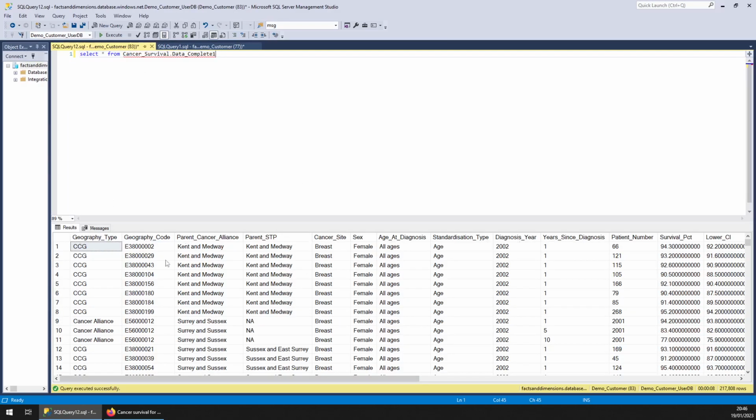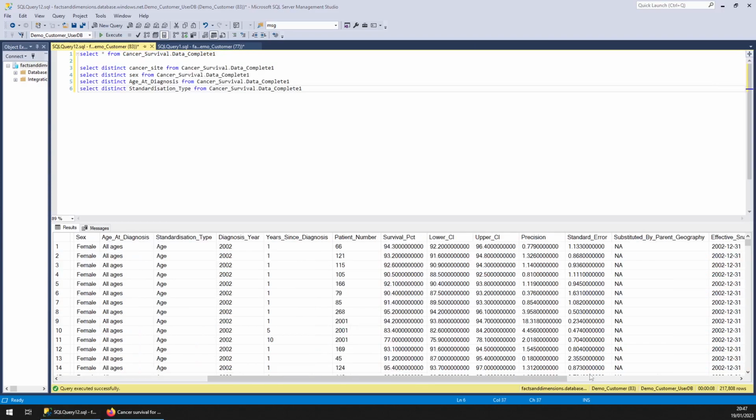You've got these columns here: geography code, like an area code, cancer site, gender, age at diagnosis, standardization type. Let's have a look at the different sort of things you get in each of these columns. You can also, just before I do that, you can see some extra columns here: diagnosis year, years since diagnosis, patient numbers. And if I just run this code here,